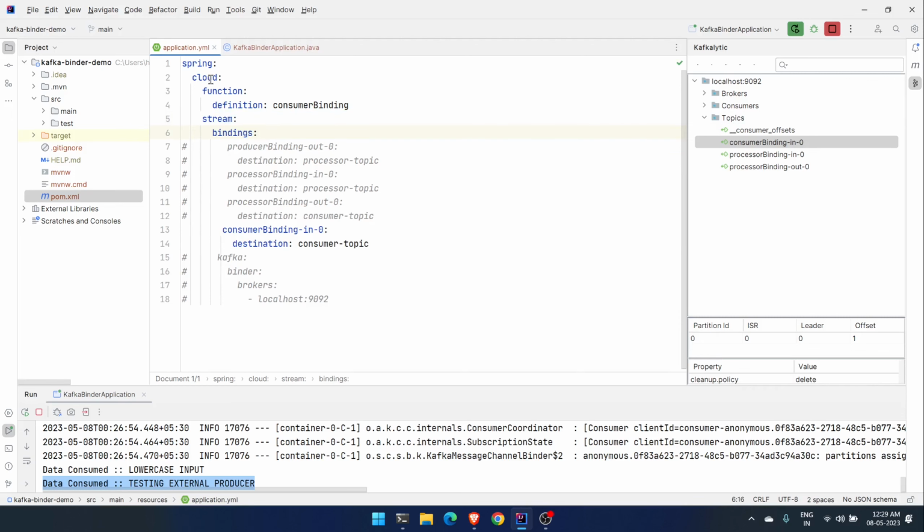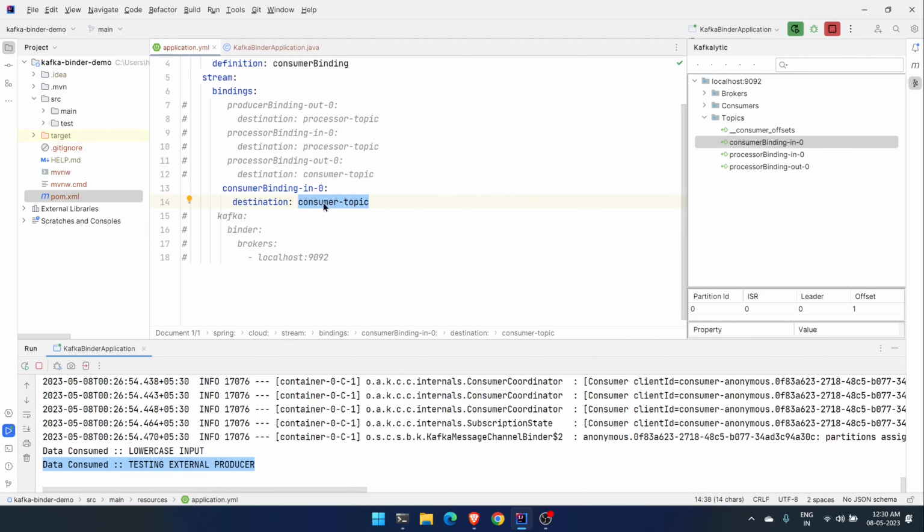So you can define it under this spring cloud stream bindings consumer binding in0. It's the naming convention, and here you are saying that destination is consumer topic. So what you are telling the Kafka binders is, don't create a topic with this name, instead use this one,